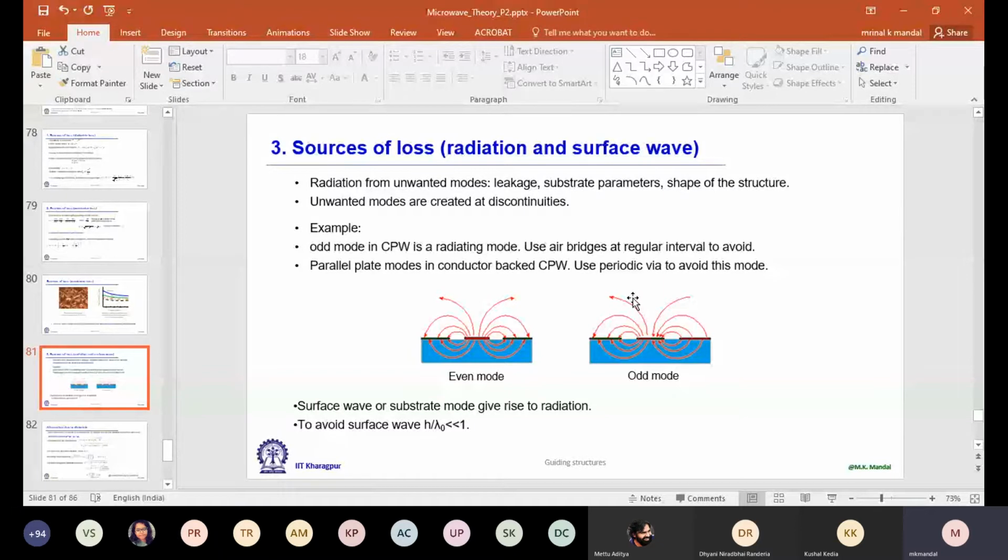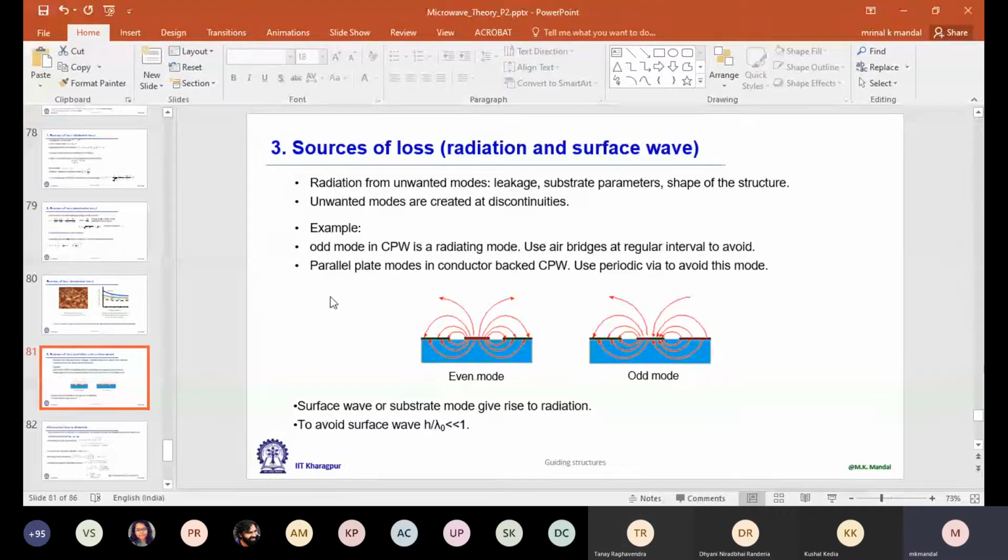right? But if I look at the electric field distribution, on the left side you see the electric field is generating from the middle line and coming to the left ground, and on the right side, the right ground. So it seems that left and right ground are at the same potential. Now in this case, if we consider an imaginary plane at the plane of symmetry, then what should be the condition of the plane? Is it PMC or PEC?